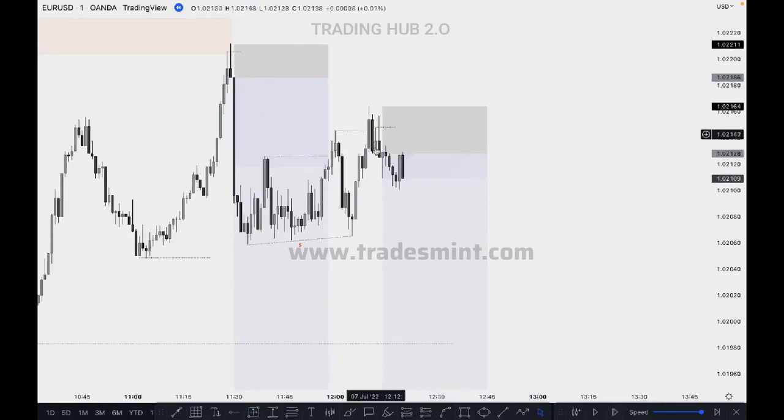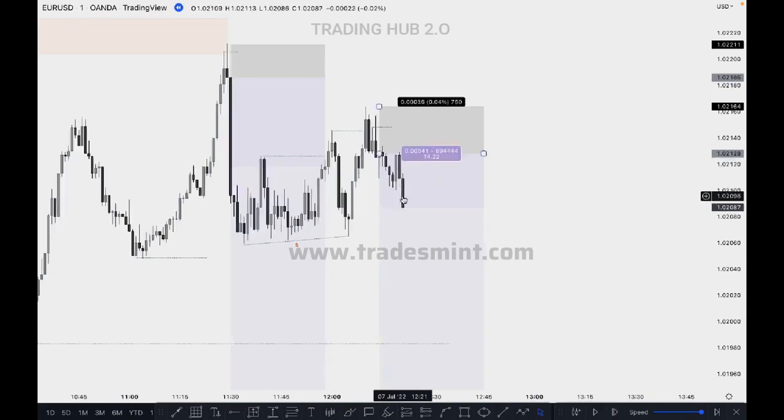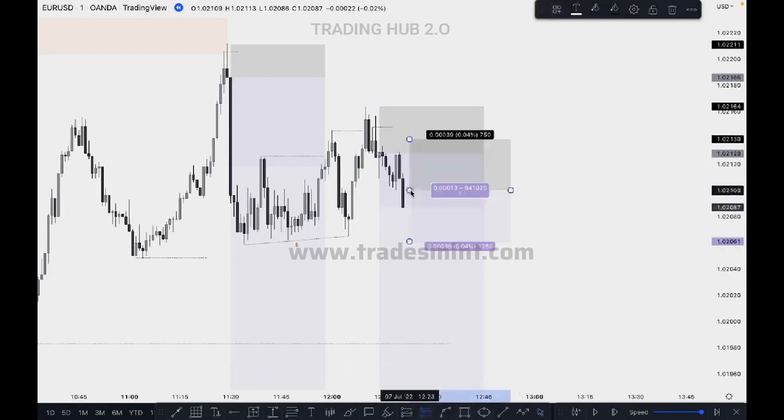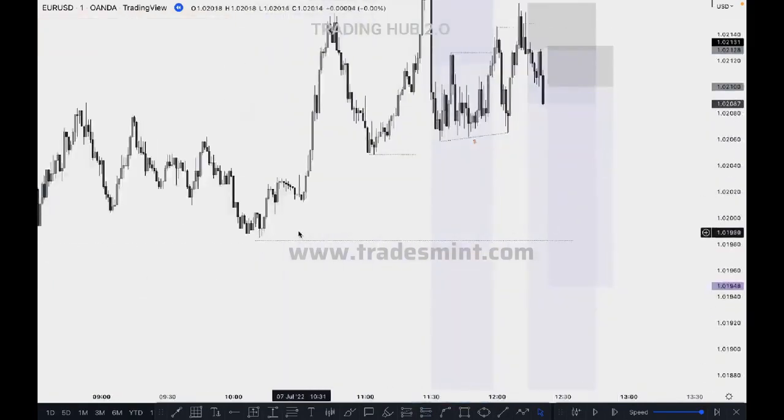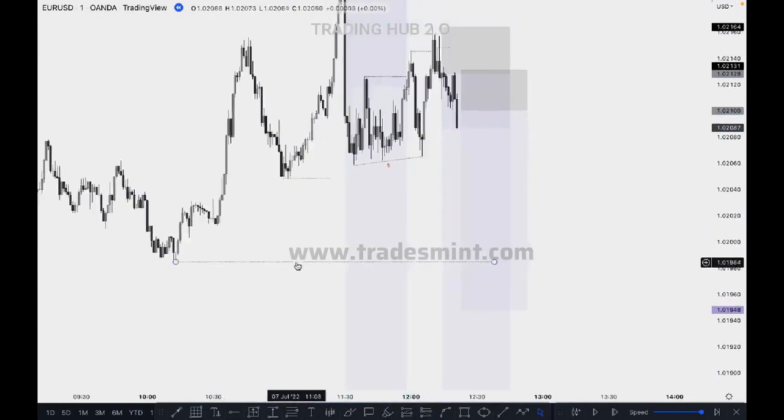Now we can see the market again took out the previous candle high and closed above it. If the market closes below it, then we can take entry for the single candle order block mitigation based entry. Okay, the market closed below it. So in this case we can sell again here and put the stop loss just above, and the target will be the same. And one more thing, if the market breaks this low, which is here, the actual M5 low is here,